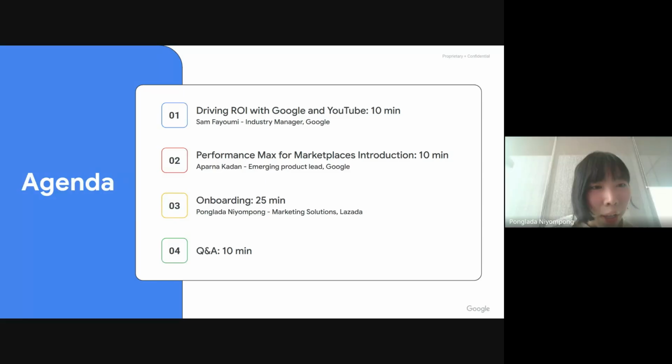Quickly go over the agenda and introduce our speaker first. We will start the session with Sam Fayumi, Industry Manager at Google. He will start with the Google introduction, where he will explain how Google products work and how they can support your business and how to drive the ROI as well. And after that,